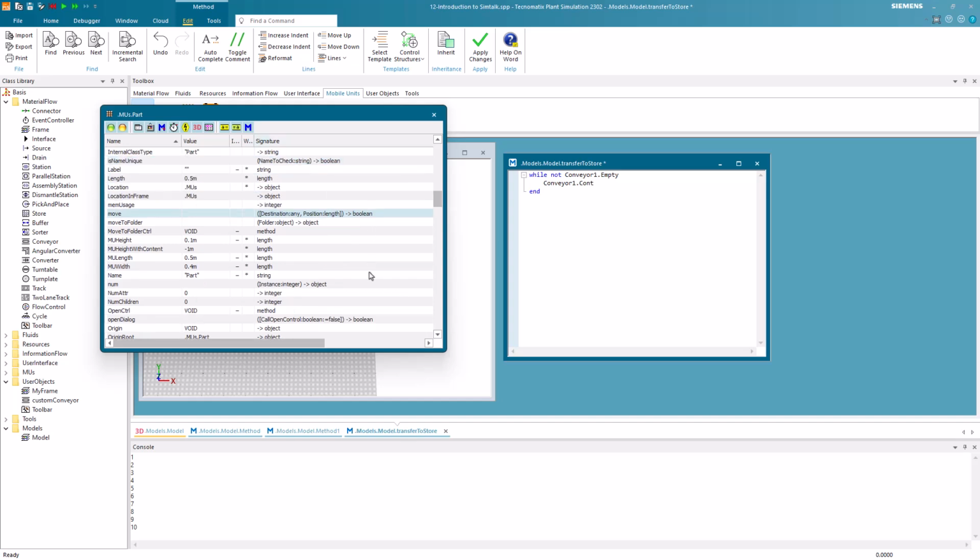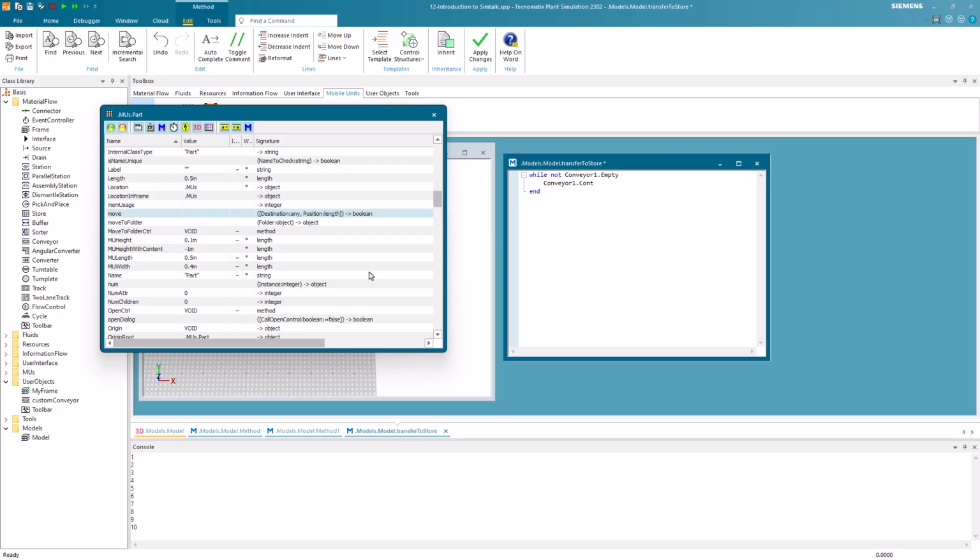The first one is a destination and the second one is a position. Keep in mind that as always you can get further and more detailed information in the help. To get more detailed information about a specific attribute or method, you can simply select the method and press F1. For now, we will not go into further detail, since we have a separate video about methods, which we recommend you to watch.